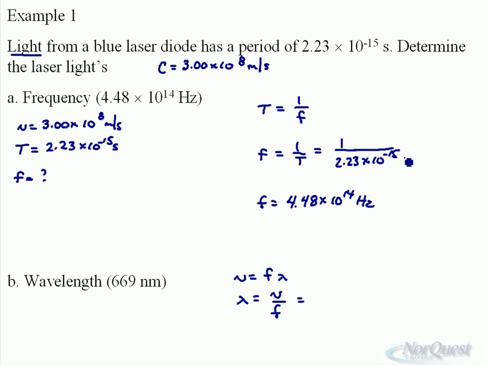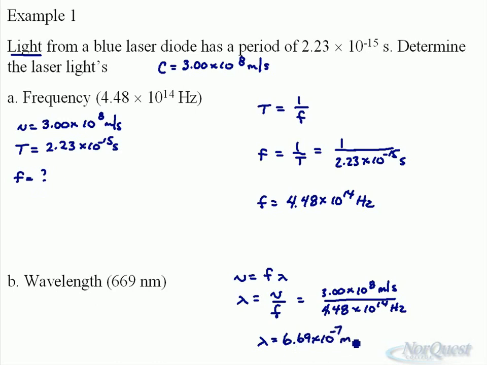If we put our numbers in, 3.00 times 10 to the 8 meters per second divided by the frequency we just worked out, 4.48 times 10 to the 14 hertz, we should get, and again I'm just going to confirm this by punching it in, 3.00 to the exponent 8 divided by that exact answer, 6.69 times 10 to the negative 7